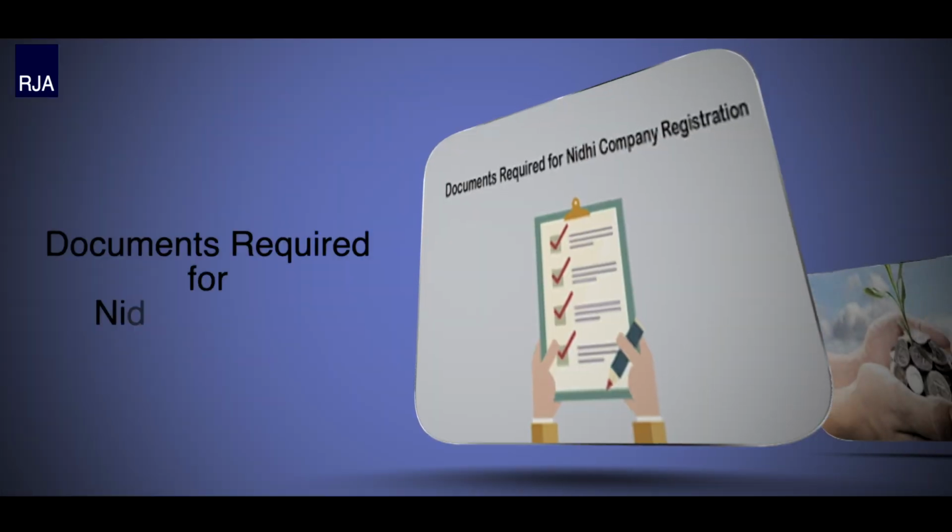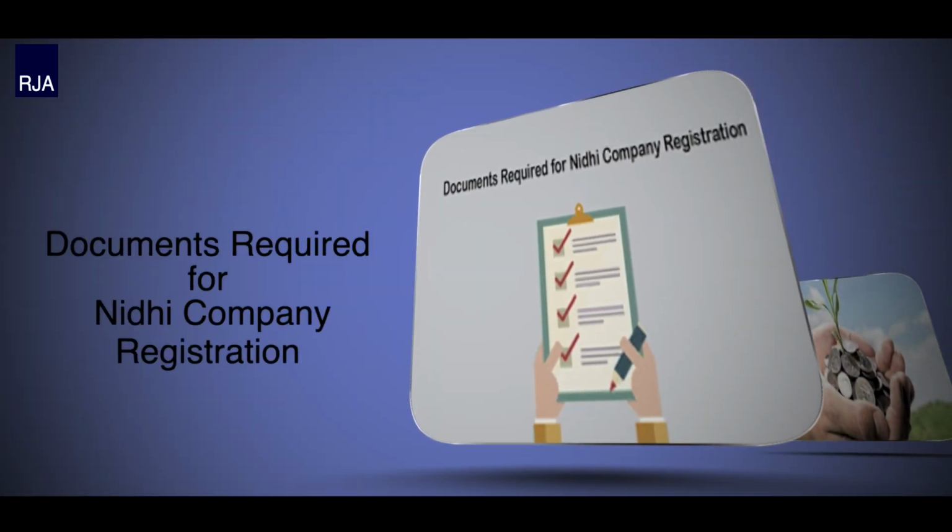Next come the documents required for registration of a Nidhi company. For this, there is a requirement of the director identification number, the PAN number of the shareholders as well as the directors of the proposed Nidhi company, the residential proof of the shareholders and the directors, photographs of the applicants, identification documents such as the Aadhaar card, and the rent agreement or the lease agreement of the registered office. If the office is owned, then the ownership information or the registered office address must be provided.